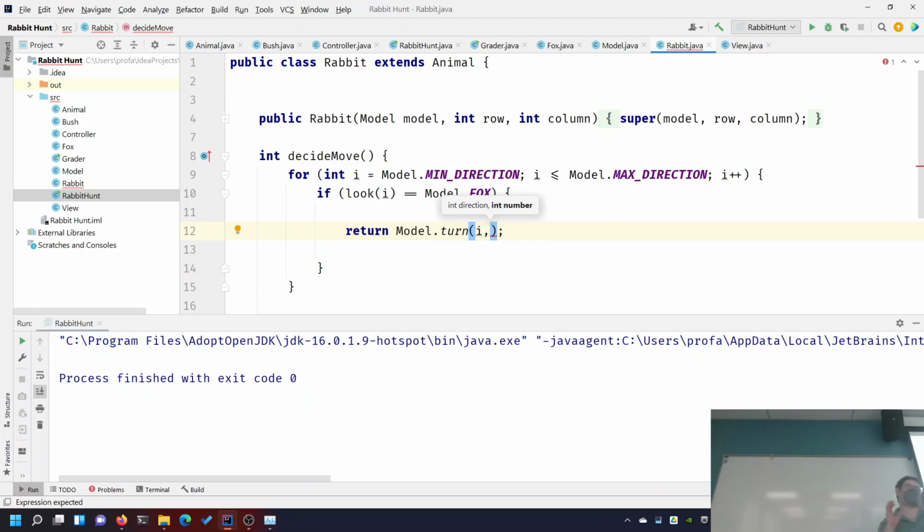This function is essential because if you don't use it, you're going to have 8 different scenarios, one for each direction that you see the fox in. So if this direction is i, 1 will be this direction, 2 will be this direction, 3 will be this direction, 4 would be directly away, 5 would be away and to the left, 6 would be directly to the left. So if I put in 4, like right over here,